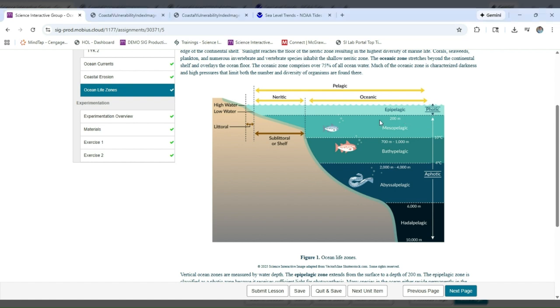So you can actually download this image and then open it up with another app so you don't have to click back and forth, because at least in my view, Science Interactive does not like multiple windows. So I can just open this up. And now I have the diagram I want while I answer the questions side by side if I want that. So I hope that helps. Don't be afraid to reach